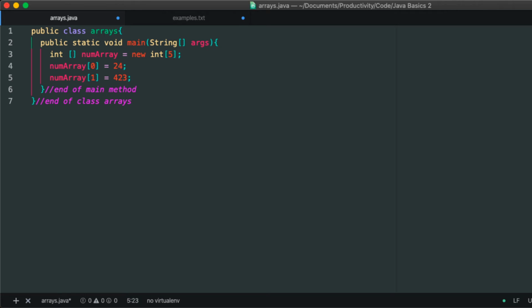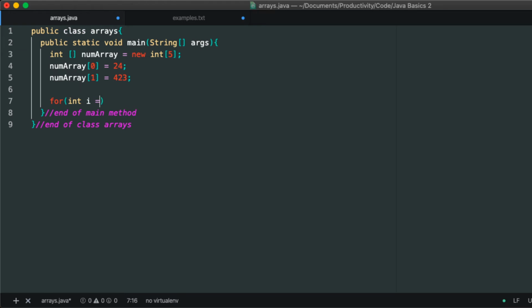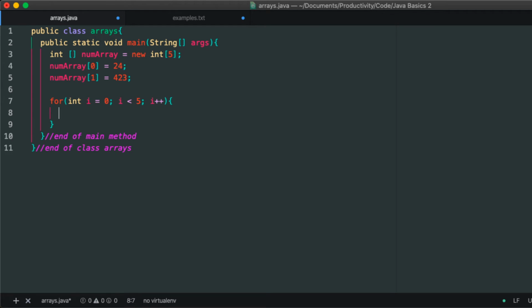And so let's see what this array contains, right? Because we haven't filled 2, 3, and 4. So let's see what that prints. What we can do is write a for loop. So for int i is equal to 0, i is less than the size of the array, so let's do 5, i plus plus. And what we're going to do is write